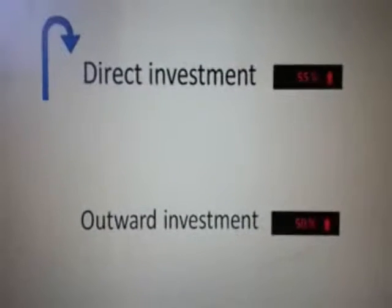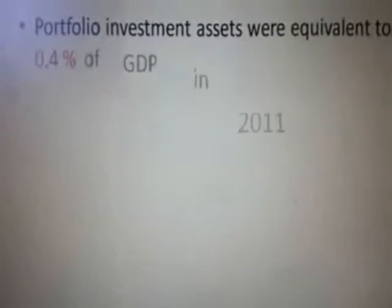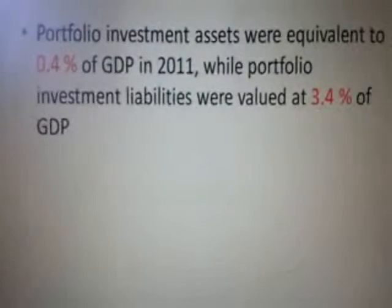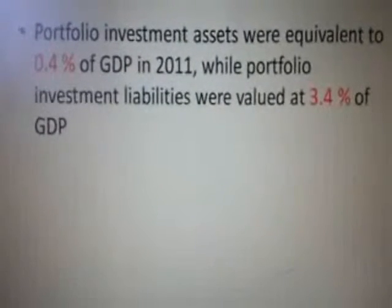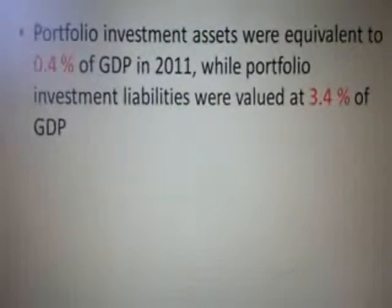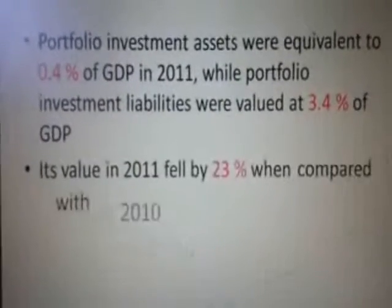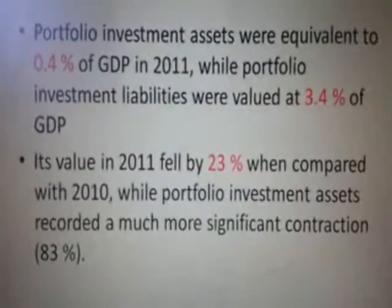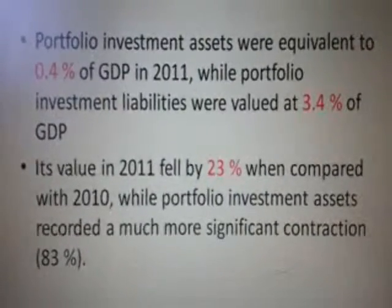The EU27 consistently recorded net inflows of portfolio investment. Portfolio investment assets, or outward investment, were equivalent to 0.4% of GDP in 2011, while portfolio investment liabilities, which were inward investment, were valued at 3.4% of GDP. Its value in 2011 fell by 23% when compared with 2010, while portfolio investment assets recorded a much more significant